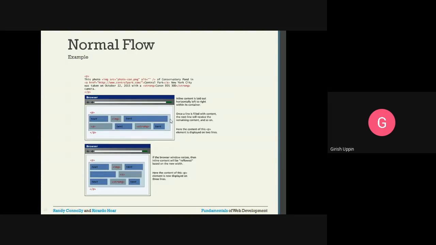Once that complete width is taken over, it will come to the next line. Then we have this anchor, then another text here, and I have a strong element, and again at the end we have the text.